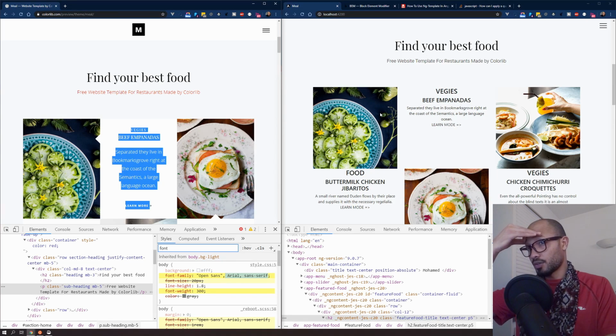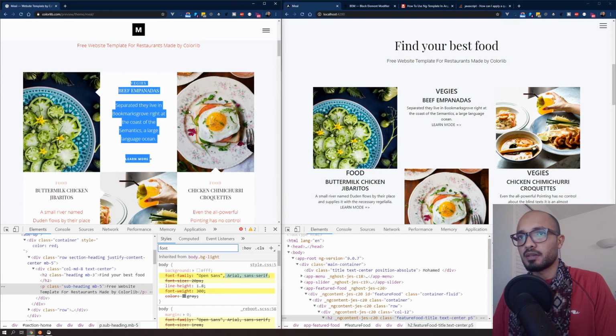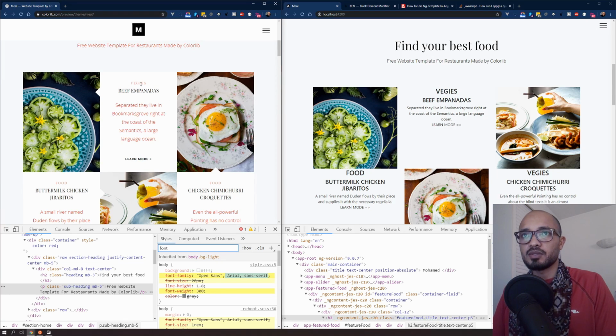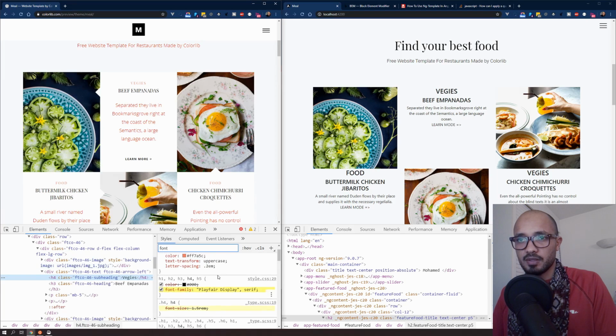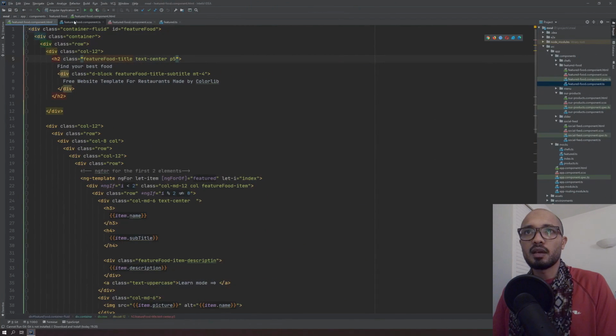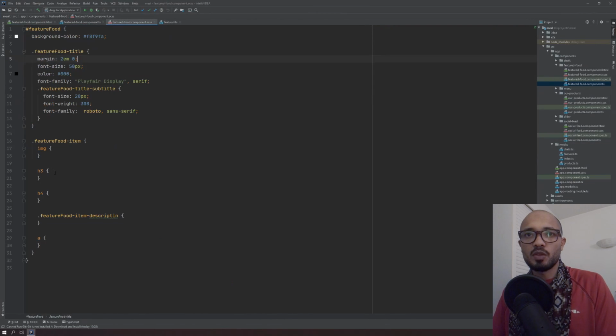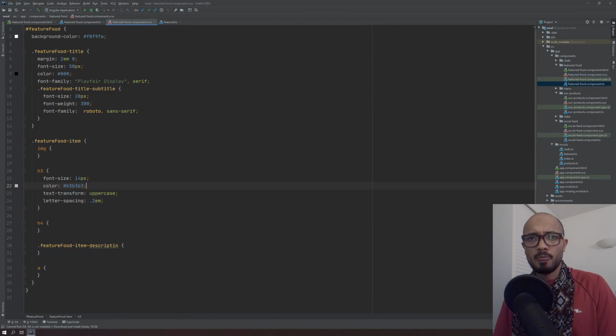It should basically be done through flex, which I'm not a big fan of, but thanks to Bootstrap, they facilitate things a lot. So let's first of all customize it to fit our need in terms of layout and in terms of font size, etc. So we'll just pick this entire block and we'll be applying that through the H3, and just get rid of that one. And the H4, I think